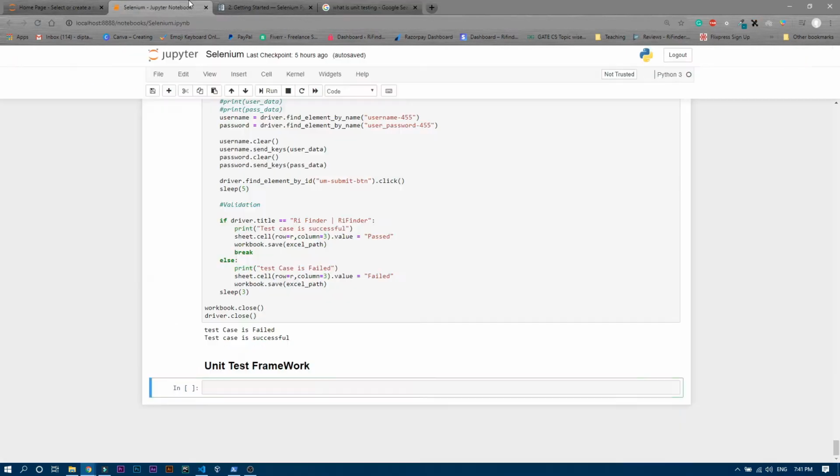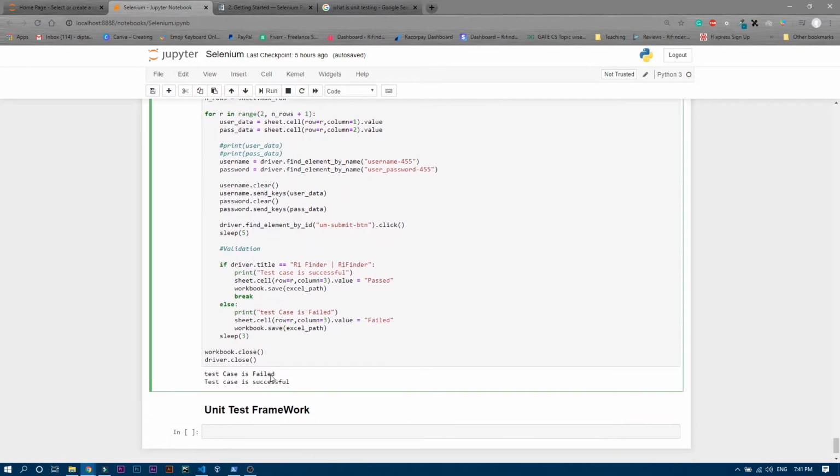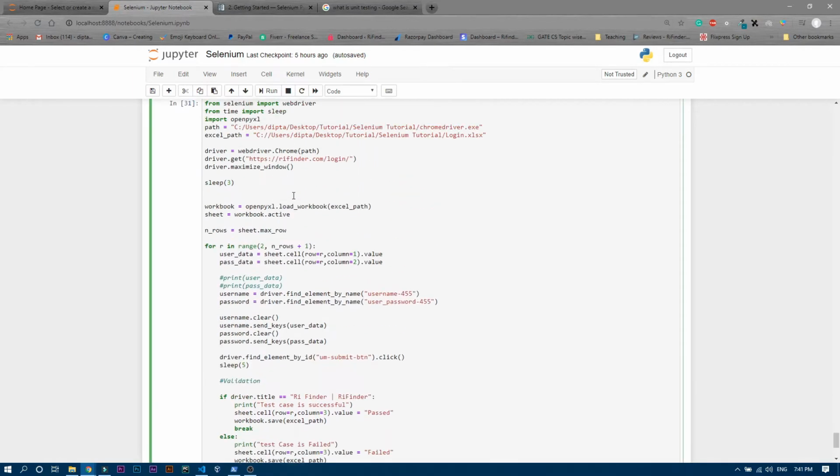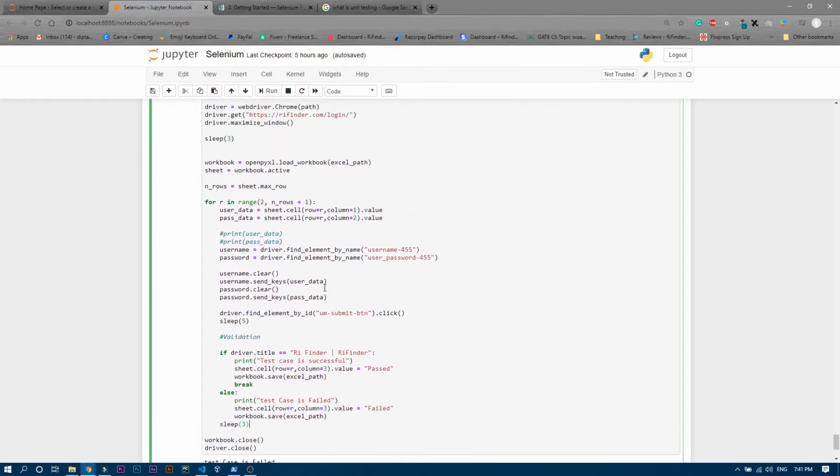For example, if you have millions of lines of code, like this one, you can see we have a lot of code. We already saw that while debugging and running this code, we got some error, and every time we have to check line by line where the exact error is present, and then fix that error. Then again we ran the code, and we got some different error, then we fixed that, and then again we ran the total code. It takes some time, then we fix some other errors, right? So it is really time consuming if you are writing millions of lines of code.